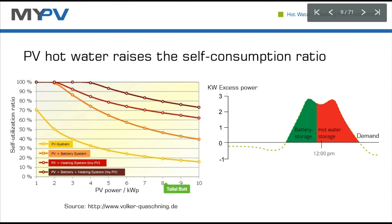Let's see it this way: the x-axis is about how big the PV system is, and typically we have a European average of a 5 kilowatt system. On the horizontal axis is the self-consumption ratio. With a 5 kilowatt system, you have a 30% self-consumption ratio. You can optimize your PV self-consumption with a battery system. As I said, you can store the power in a battery by installing one,